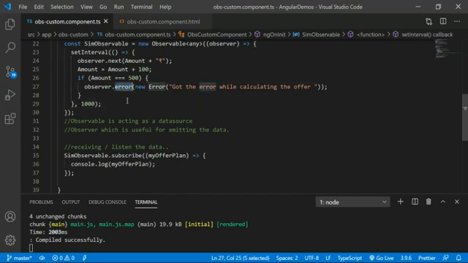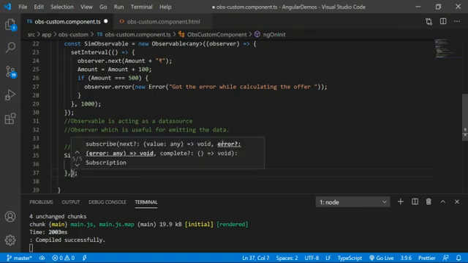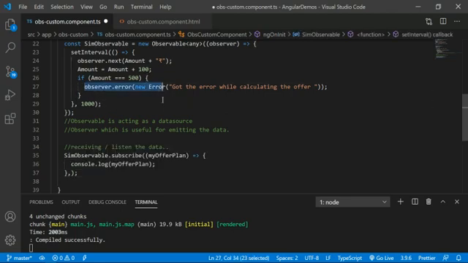Based on this error, I can say to my customer, hi customer, you are having this kind of error. So how do you show that? First of all, you have to take the reference to the subscribe method. In the same way, you have one more section, that is the error. So error in the subscribe, which is useful to capture whatever data comes from the observer.